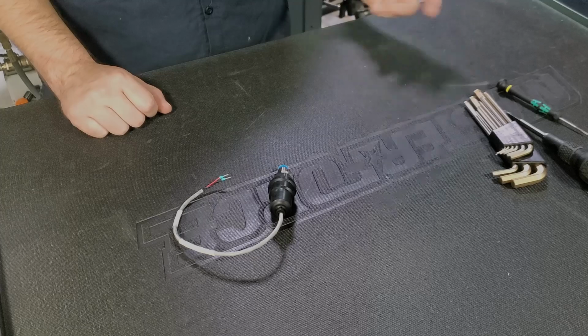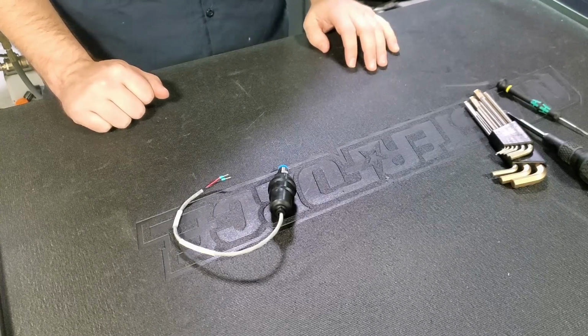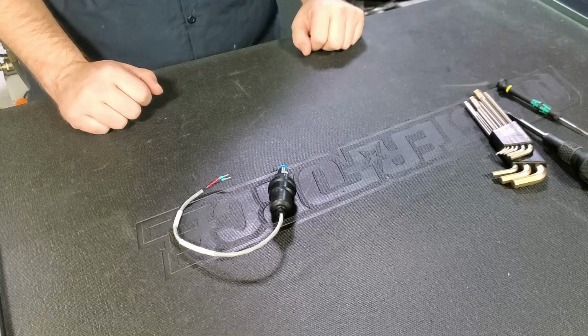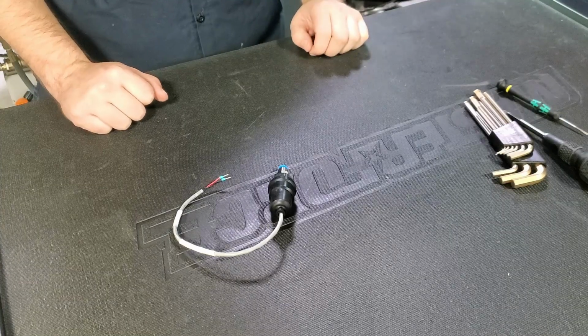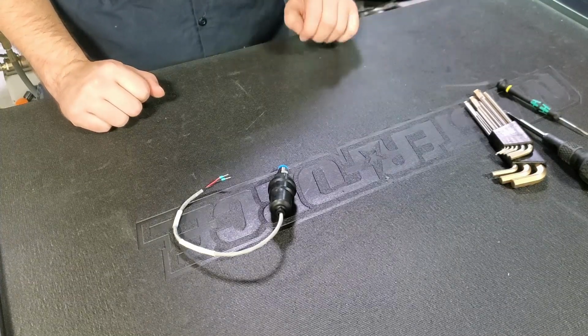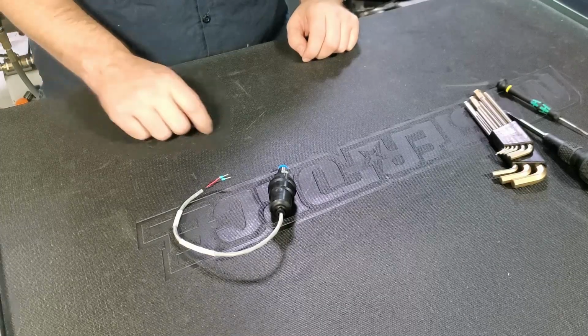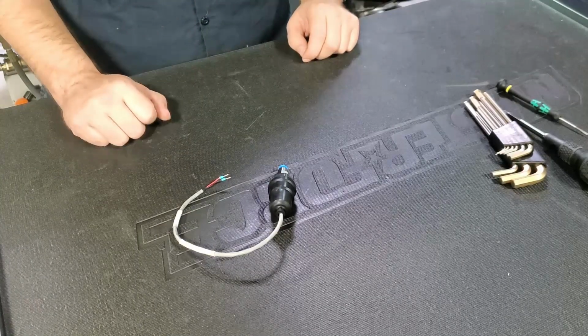So if you're seeing an insufficient air pressure alarm on your machine, the very first thing you should do is check the air pressure being delivered to the machine. That should be at least 90 psi. You want to have that between 90 and 110 psi. But assuming that is correct, then most likely the cause of the alarm is the trigger point of the air